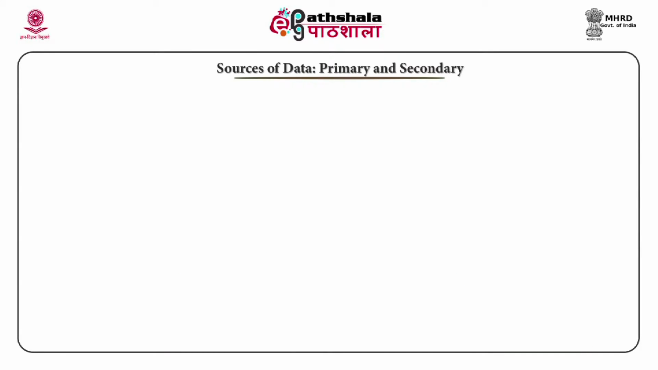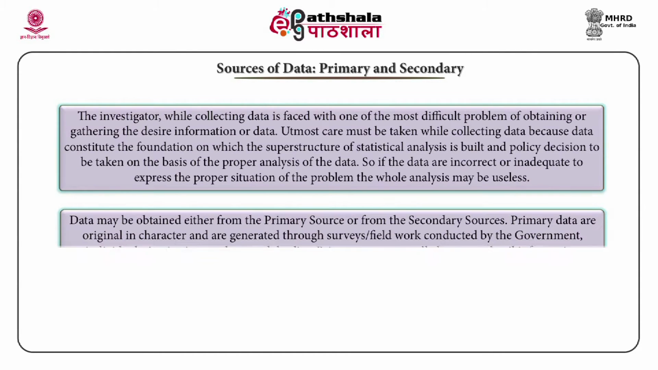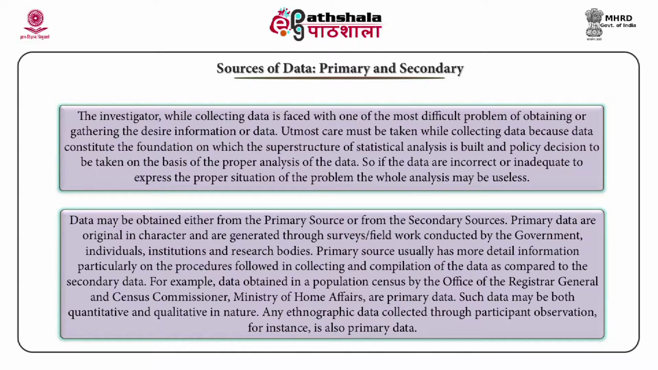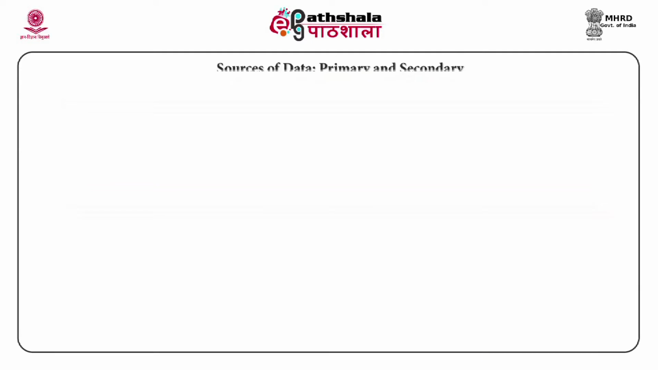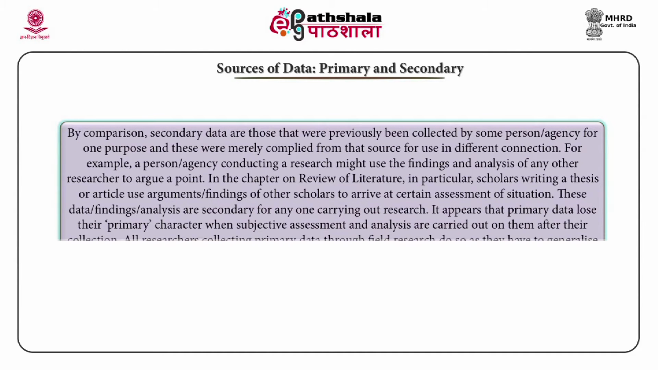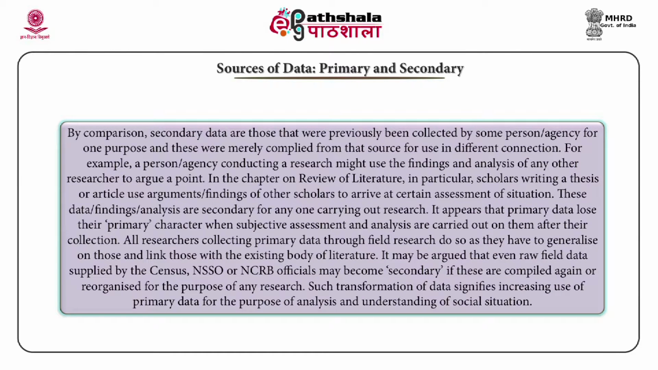Sources of data: primary sources and secondary sources. Data may be obtained either from the primary sources or from the secondary sources. Primary data are original in character and are generated through survey or field work conducted by the government, individuals, or institutions and research bodies. Secondary data are those that have previously been collected by some person or agency